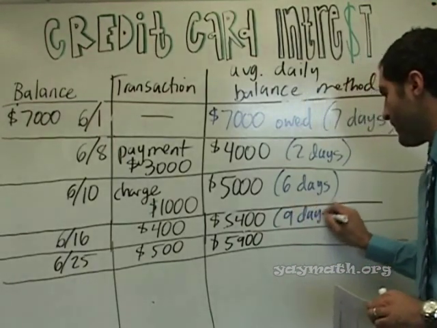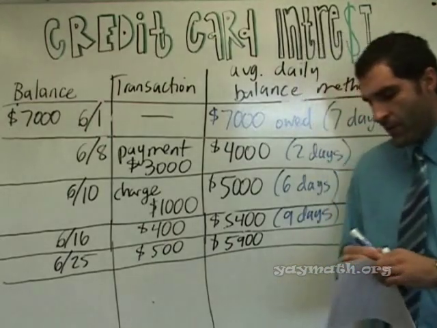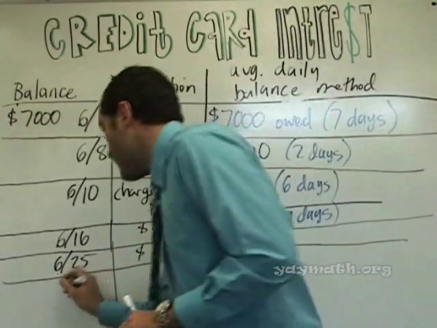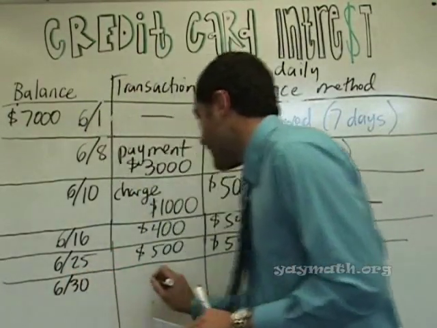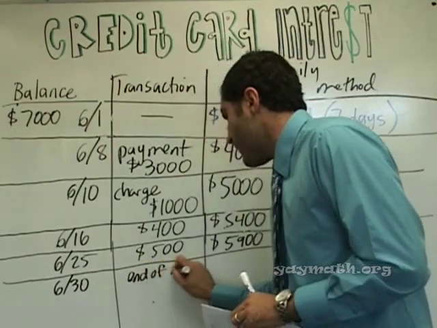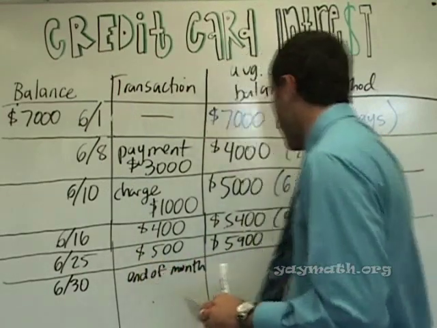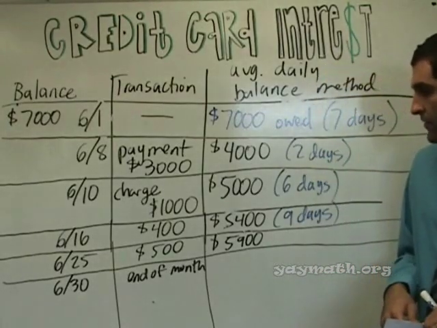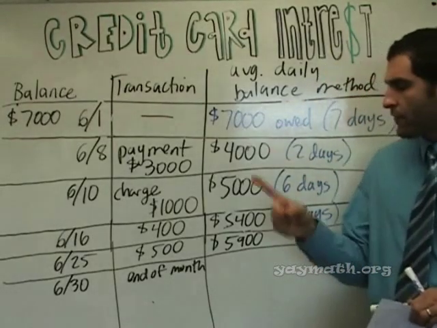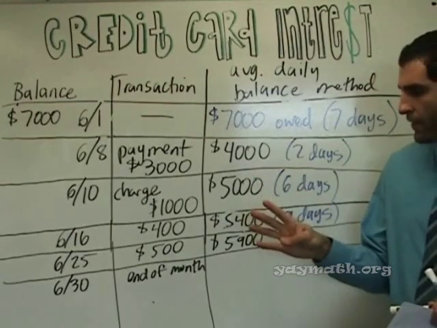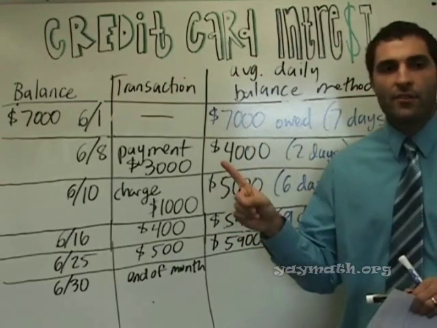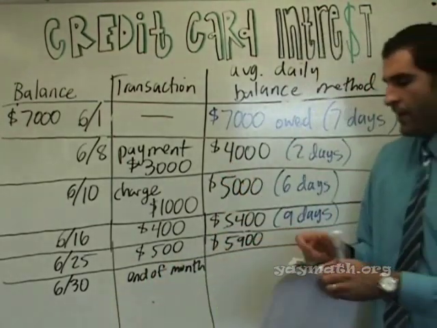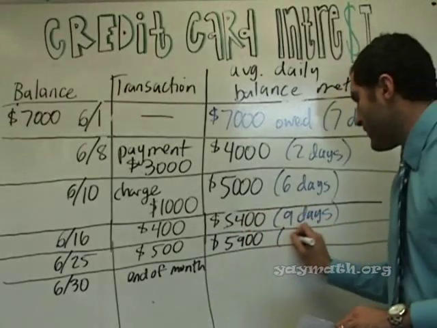You guys are picking this up. All right, any more transactions to speak of? No more transactions. So 6/30 is the end of the month, and we have one more calculation. How many days did we owe $5,900? 5 days or 6? 25th, 26th, 27th, 28th, 29th, and indeed the 30th. The 30th counts for the month. So that's a little oddball. I understand why you said 5. 6 days.